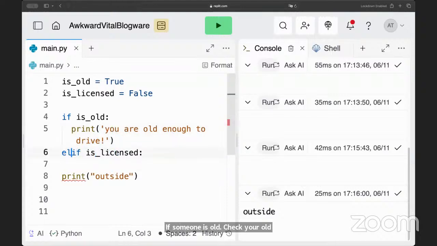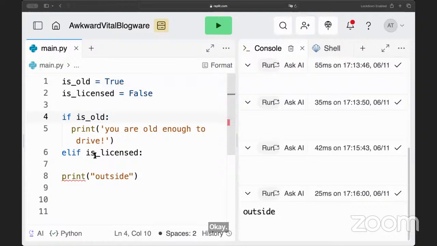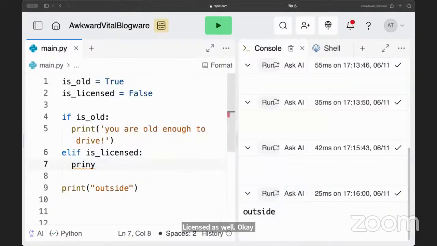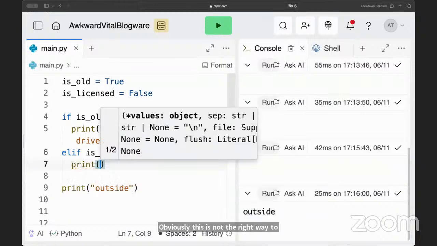Then check, okay, if somehow this fails, then you have to check if the person is licensed as well. Obviously, this is not the right way to do this program, but I just want to show how elif works.